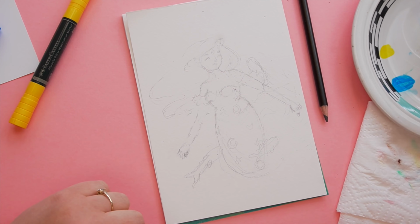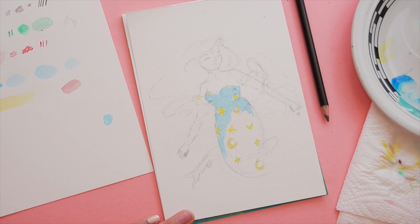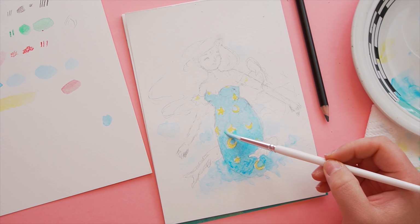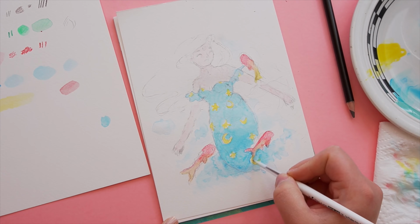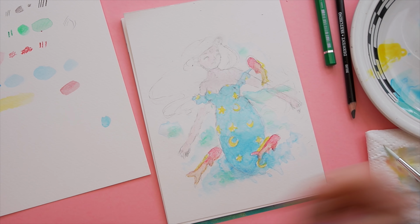I decided for the colours that I wanted to do a blue suit with the stars and the moons, and then I wanted to create a darker gradient from the bottom of the fin working the way up, and I really, really liked how this was turning out. It was looking really, really cute. I also wanted to add the fishes that was inspired by the artist who took part in this month's Scrawlrbox,